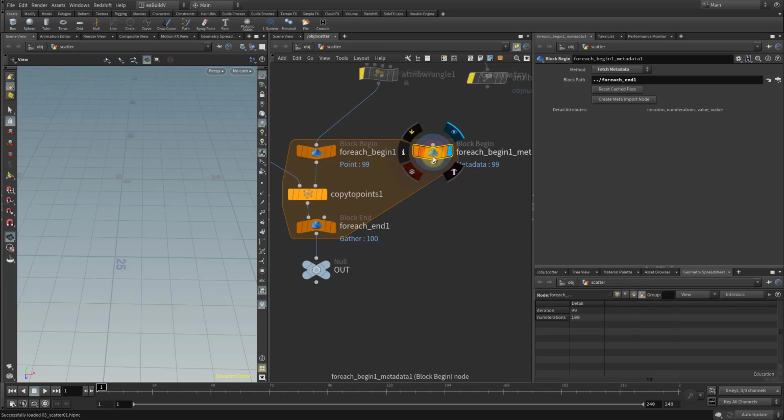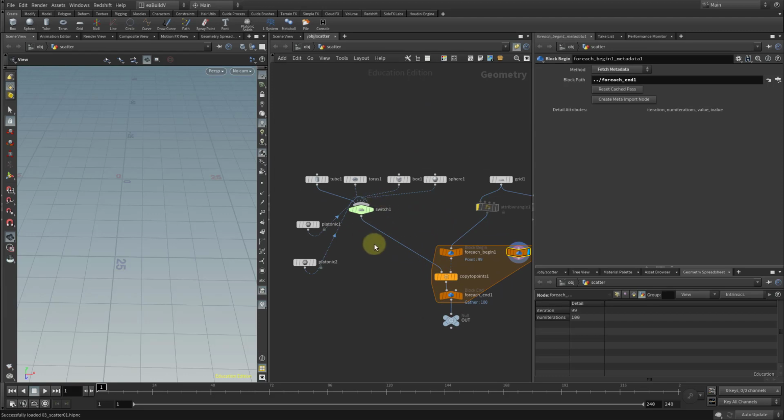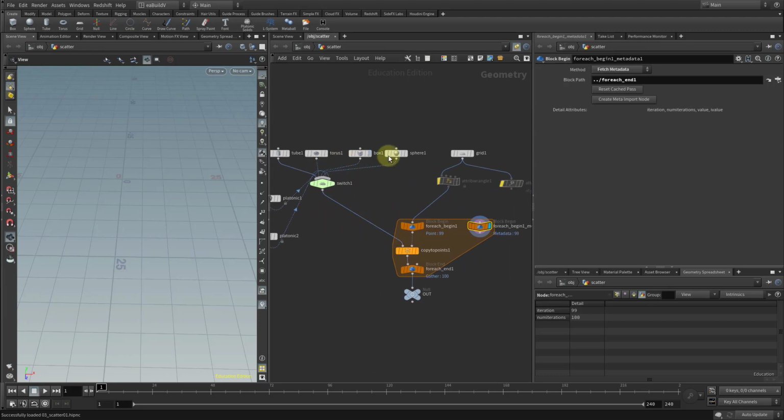So when you have this node selected and you look at the details, you'll see that you have two options. So iteration, this is the current iteration that it's on right now, and the num iterations, that's the total number of iterations. So we're going to use this in order to get our switch to actually pick a random value